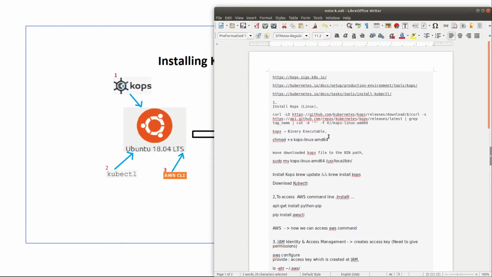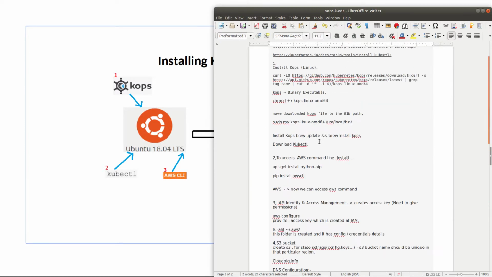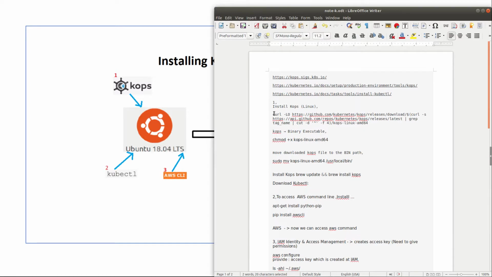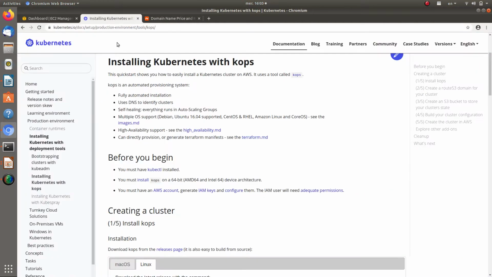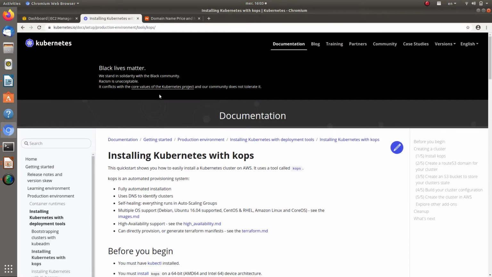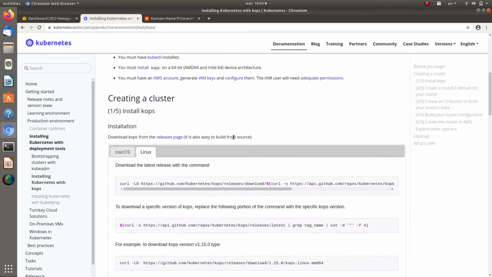I'm just going to follow these steps which I have written. I'll walk you through step by step. We need to install Kops in our Linux system. We can use this URL, or else you can go to the official Kubernetes website, installing Kubernetes with Kops. You can just follow this step,